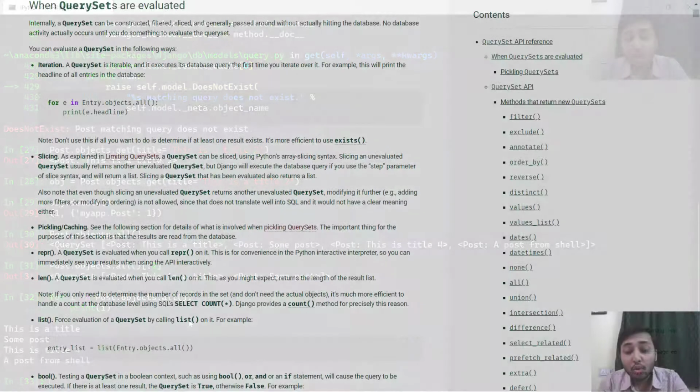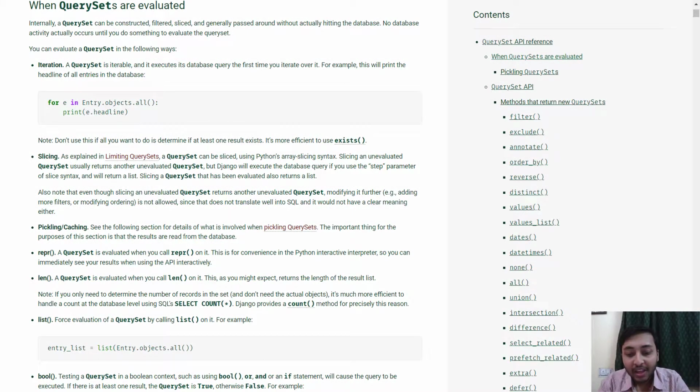Then when you cache them or pickle them, when you call len on them or list them, for example, cast them to list, the query set will be executed on the database. Then when you test them in a statement, for example bool, these lazy query sets will be executed on the database. So that's all for this lecture.